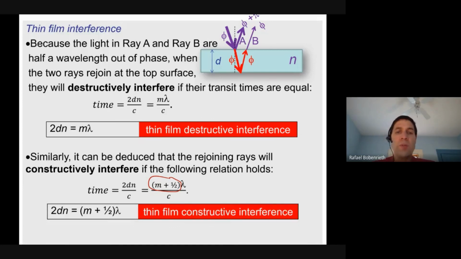Okay, so notice we have these 2 conditions here for thin film interference. One is destructive, meaning certain colors are going to be canceled out, not going to appear, and other colors are going to appear brighter. And so this does explain what happens with the soap bubbles. You get a brightness of certain colors, and you also get basically a spreading out of colors as well, because